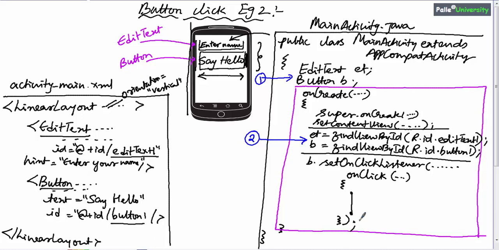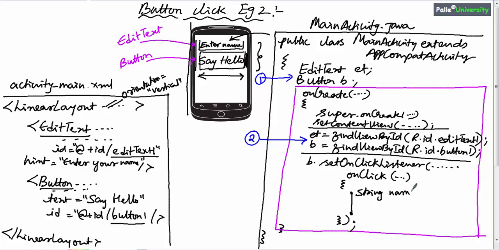As per our requirement, whatever the user has entered in the edit text box, we have to read that name into a string, and that string we have to display in the toast message saying hello plus that name. The code will look like this.